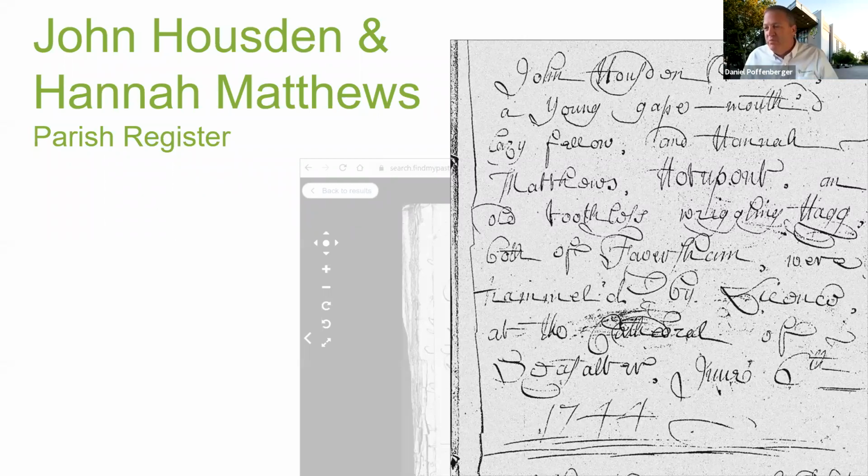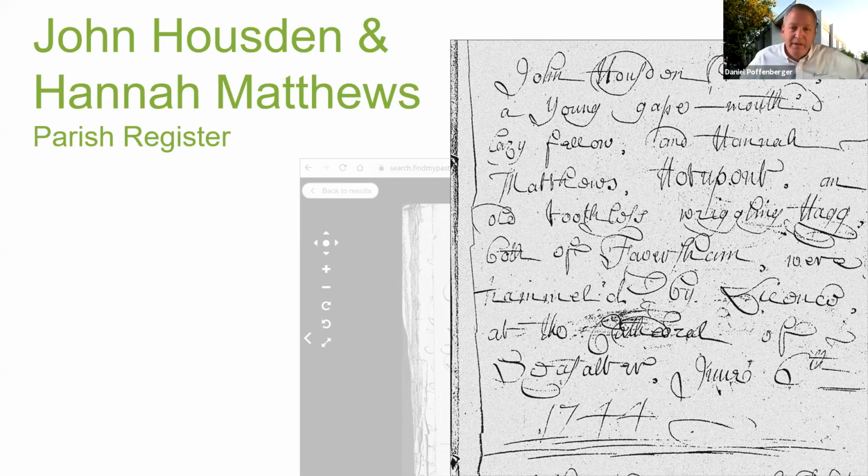Both of Faversham were trammeled, not married, mind you, but chained together like slaves, is what it means to be trammeled. Were trammeled by license at the cathedral. And believe me, the Sea Salter Church is not a cathedral, but that was the minister's own joke. At the Cathedral of Sea Salter, June 6, 1744. Never trust an index and never rely on an index for your information, or you can miss out on something